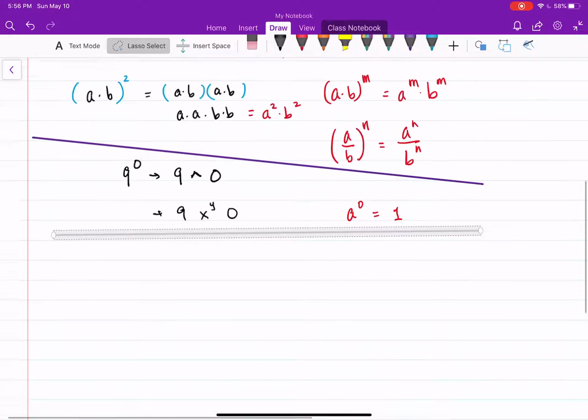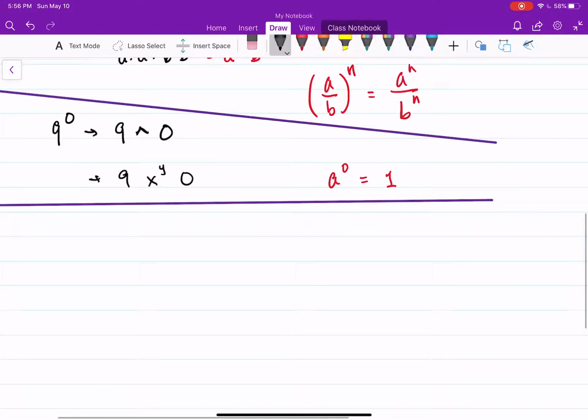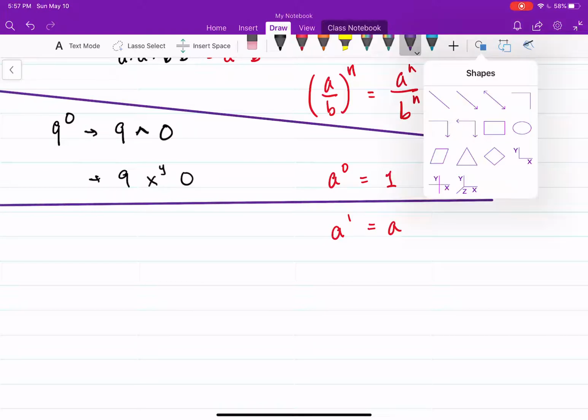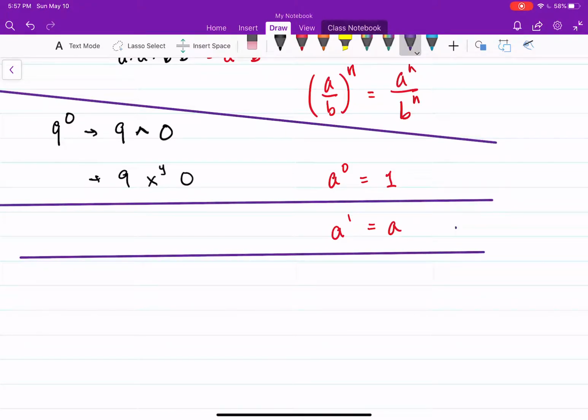Okay, so the next one is anything raised to the 1st power is equal to itself. So like x, if I just write the x, then you know that's really x to the 1st. All right, now